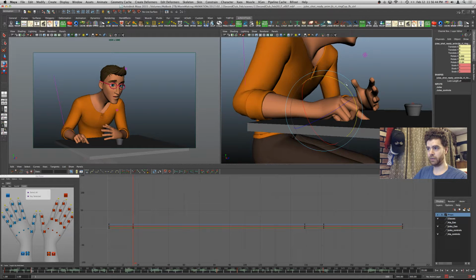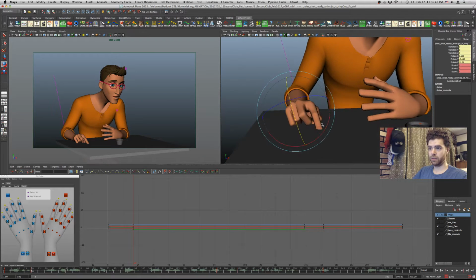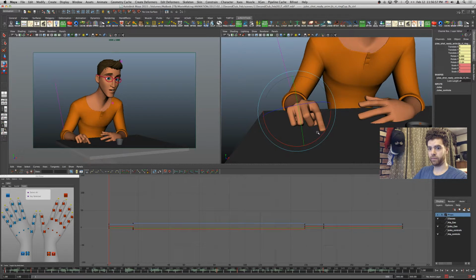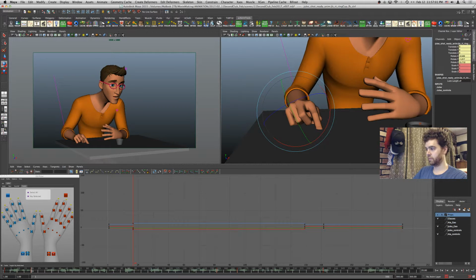Oh, not what I wanted. Up. I'm going to rotate this in a little bit this way. So I have a similar thing here. And then I can start to